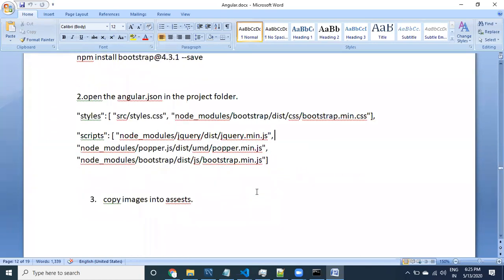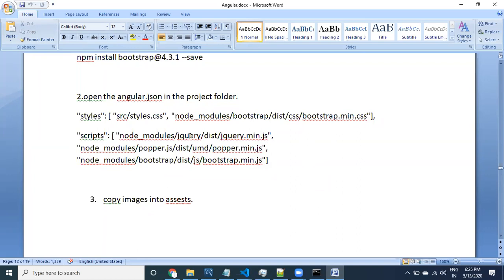Otherwise, you have to go to one file and refer to bootstrap CSS and all these CSS and JS files directly from index.html. Some other time I'm going to show you that approach also, guys.